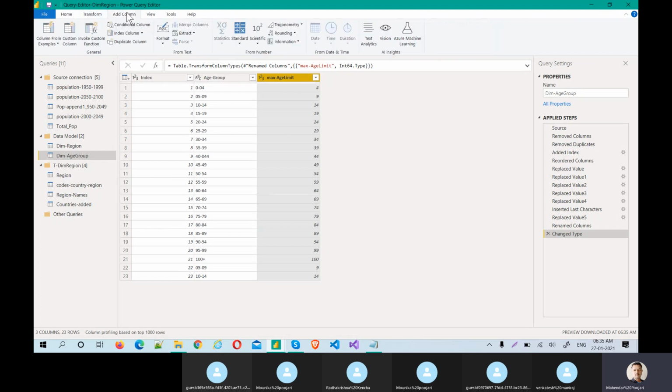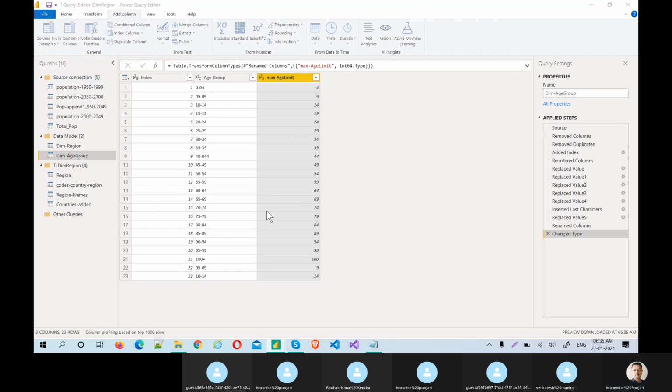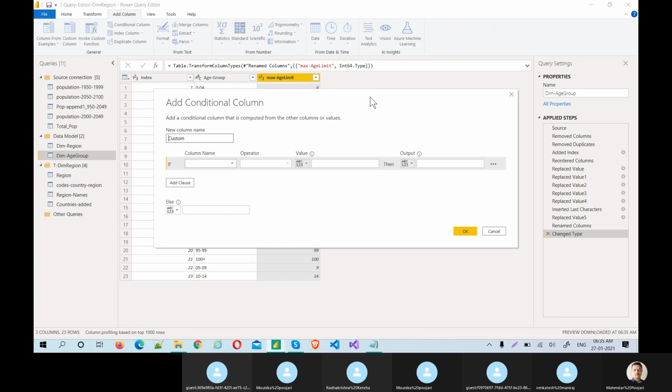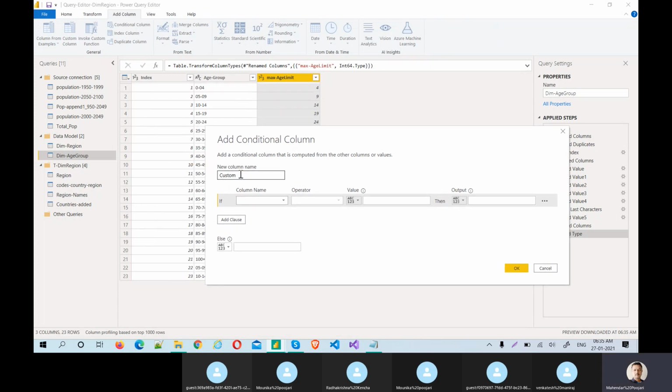Now come to add column, conditional column. You see there is a column called conditional column. What conditions am I going to make now? The column name is age category. I'm going to work on the max age limit.